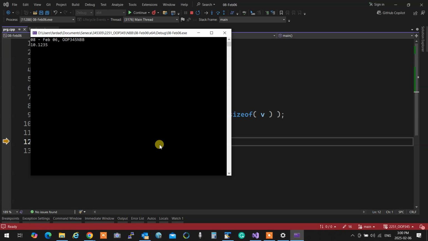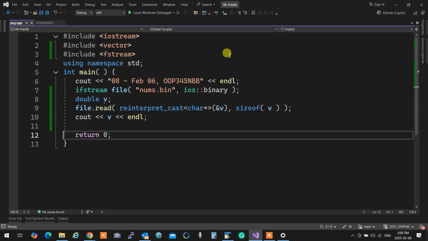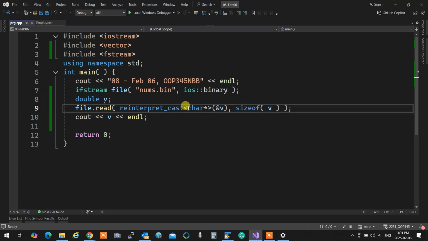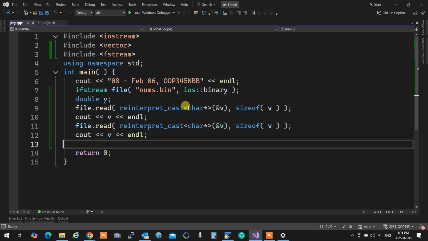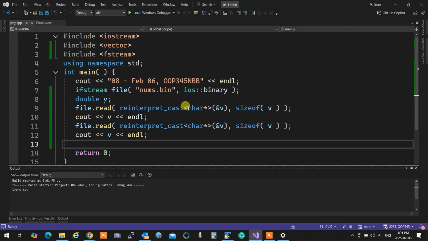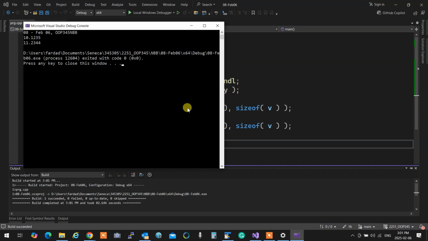It reads the first double. And the good thing is that I don't need to have any comma separation and things like that, because the size of each record remains constant as you're writing it. Therefore, when you're reading it, you're just reading it. If I read it twice, I would read two of them. I don't need to look for anything. You follow what I'm saying?